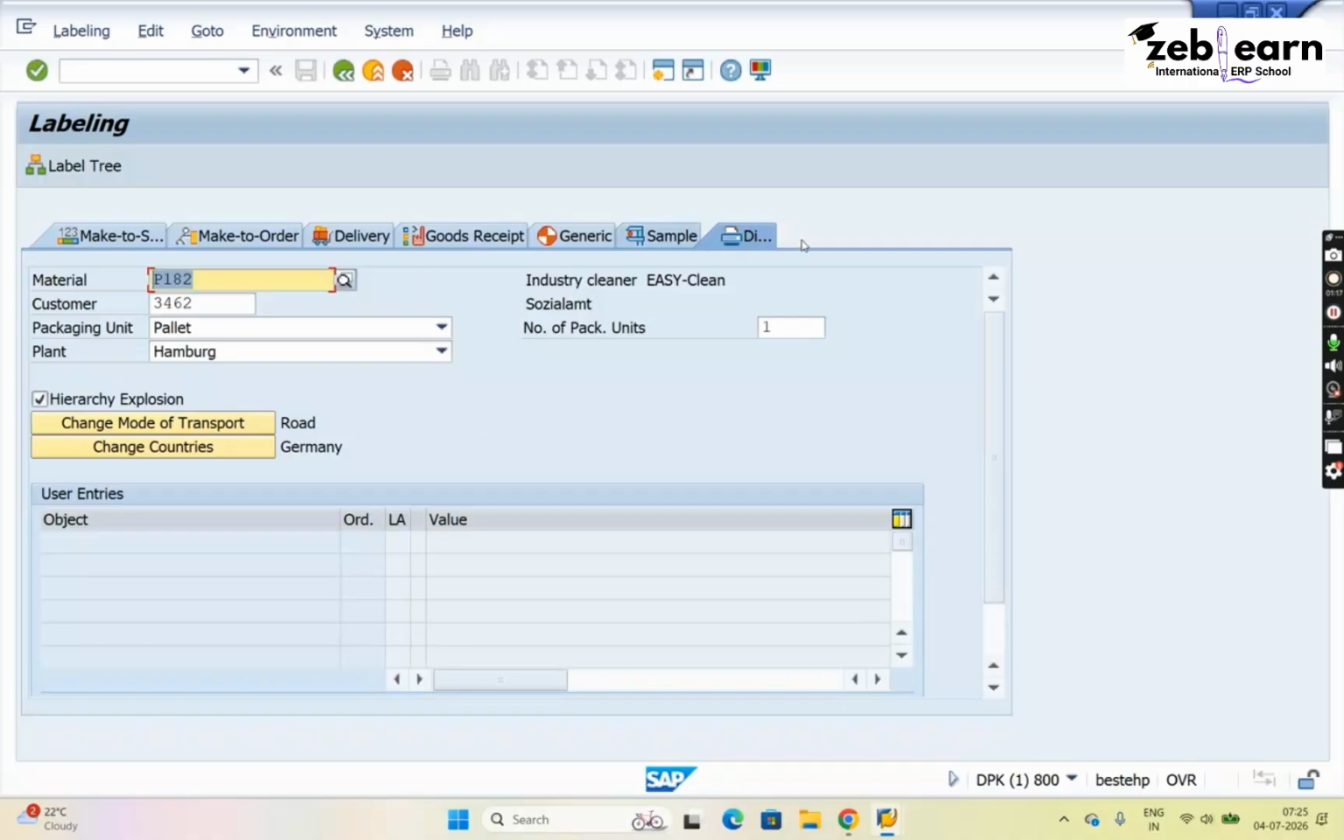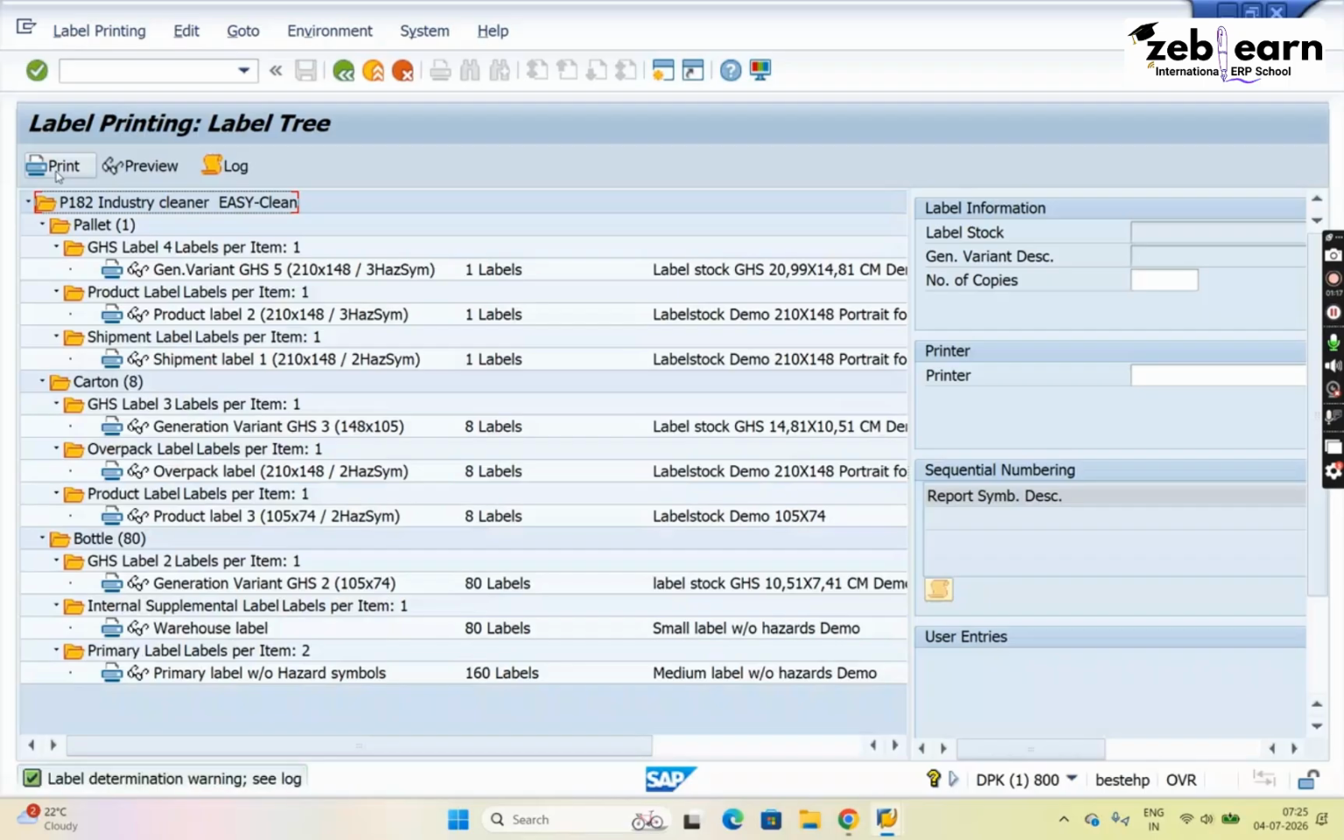To do that, I have to go to direct, select this material P182, then click on label tree. When I click on label tree, you can see that all these labels are applicable for this particular product. P182 is a chemical product, and for this product they are using different types of labels. What labels they are using? If you see below, there are some categories. We have pallet, we have carton box,